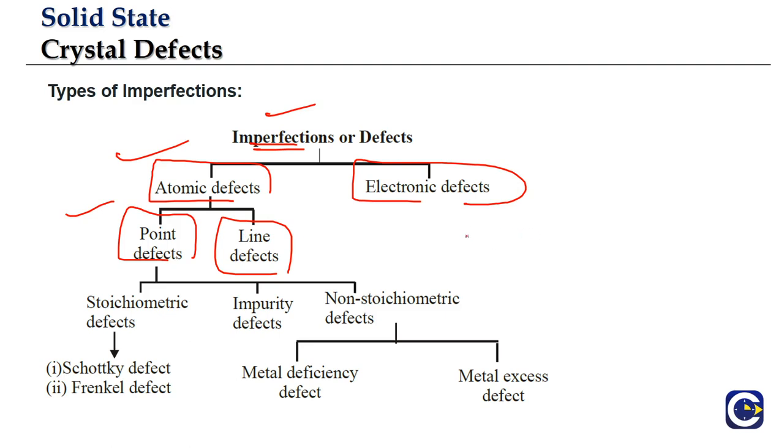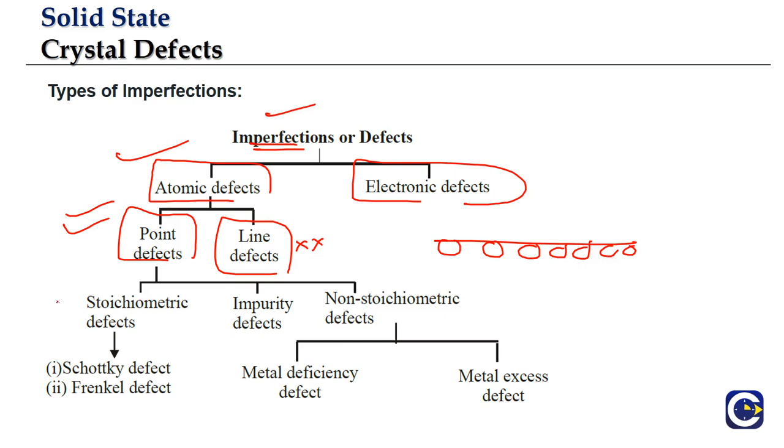If you look at line defect, line defect basically comes if in a particular line or linear arrangement we have all the atoms missing, or we have additional atoms occupying places in a particular line, which could be happening mostly because of issues at the formation of the lattice. So we are not going to look at the line defects. What we are going to be looking at is only the point defects, meaning the defects concerned with particular points.